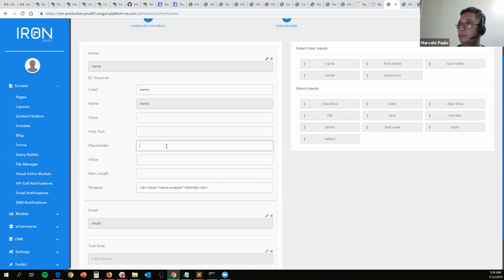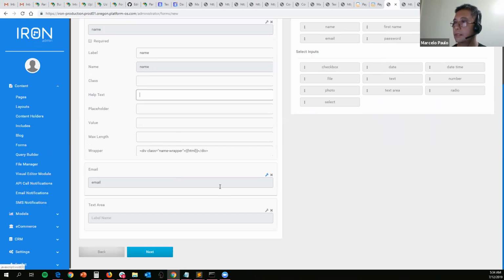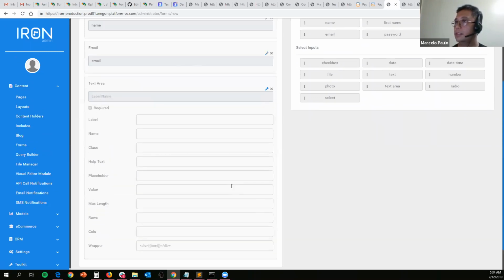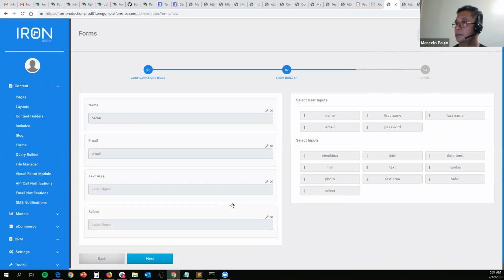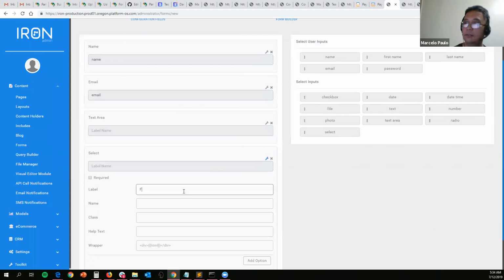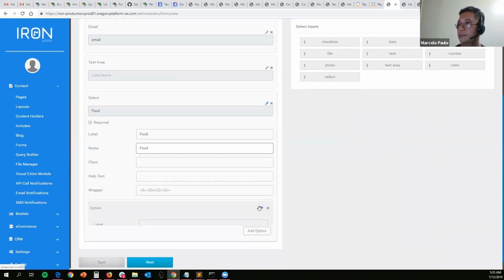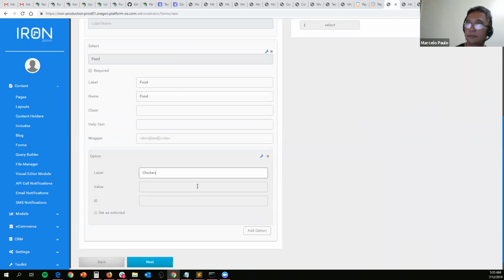So you can place the placeholder value class, or you can put in a help text, which you can program to be a tooltip or something that's below your input field, then you can, for the select box, for example, you want to have food, then the options, then set as selected, add another option,